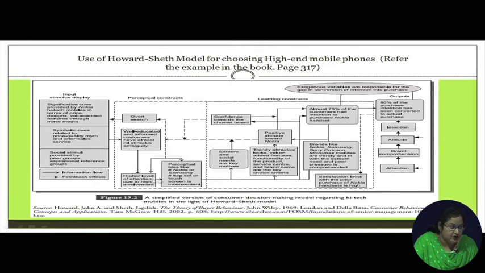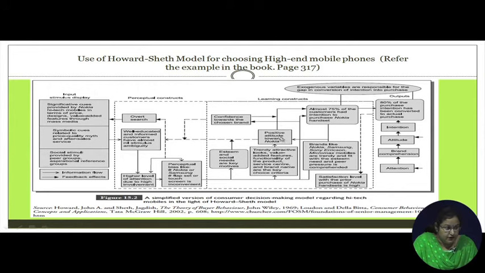Through that it would be screened, that is, whatever information they are getting from overt search is sensitive towards their stimulus ambiguity, their level of attention, that is the involvement, and perceptual bias. Through this it would be filtered, and then the learning construct, that is attitude, would be formed. So, for that reason first